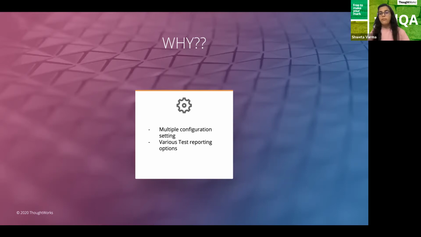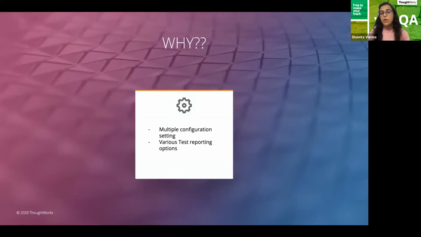So first thing is, what all configurations we can have with WebDriver IO. It has multiple configuration settings, which gives us the privilege to have our test suite executed as per our needs. For example, if I want to use some different test runner, but on top of that I want to beautify the report so that I can show that to the team members, or maybe the client or the stakeholders, whichever audience I'm targeting. That is quite achievable with very minimal effort, just 2 3 lines of code and your work is done.